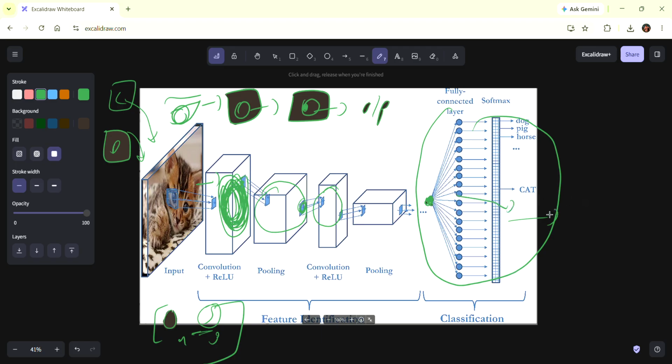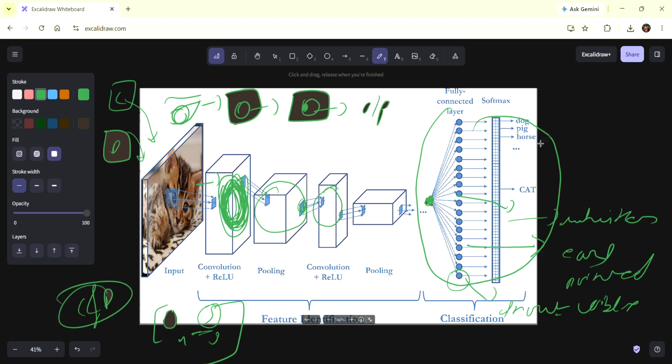Suppose this is the neuron which is getting information about the whisker. Whisker, we know that it is not for cat, it is for dog. Is the ear there or not? Are the ears pointed, or I can say not visible? So every neuron is thinking about different features. There are two things, cat and dog, and they make the prediction based on the input. They can say it is cat or dog because they have already received so much training.